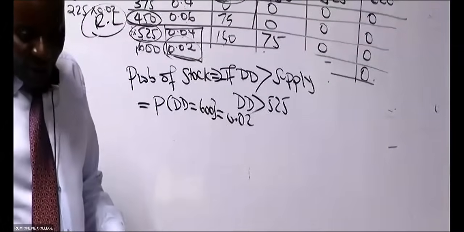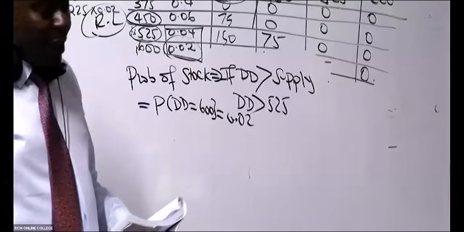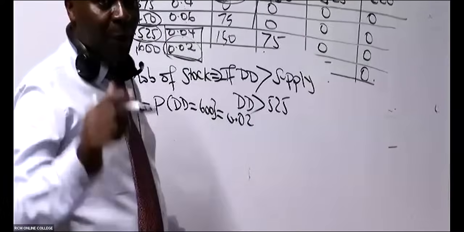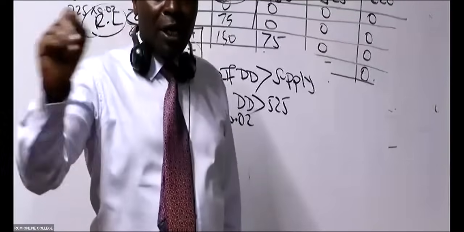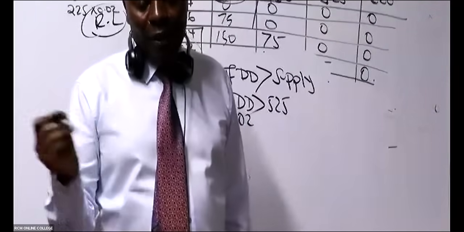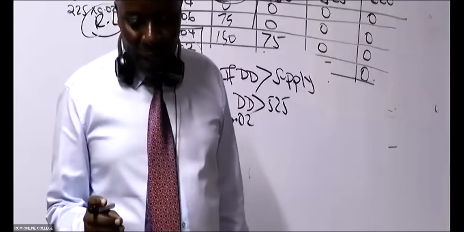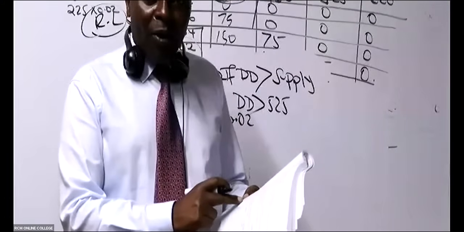So if you're asked in this case here, annual stock out in units, it's what we did in the table. For the annual stock out units, you simply get the annuals. You get first of all the stock outs per order, the number of orders, and then you multiply to get the annual stock outs for each. How do we get annual demand? It is given.